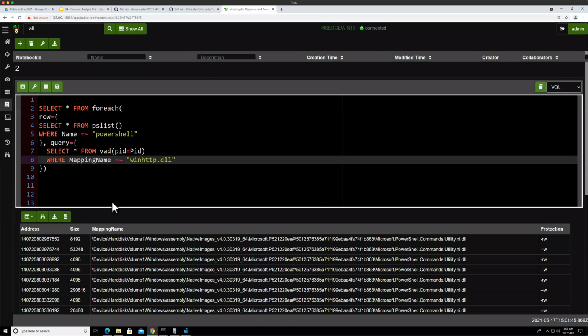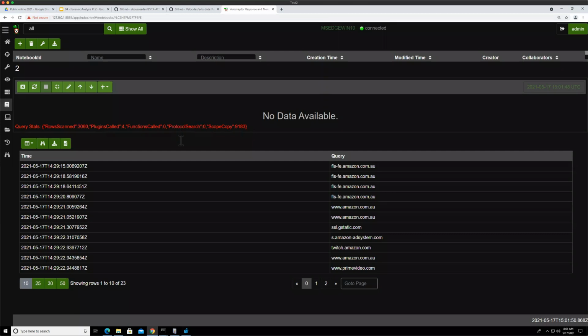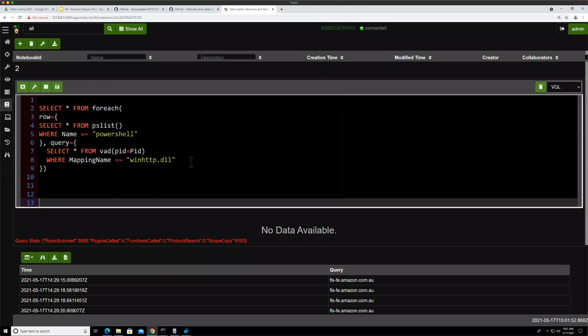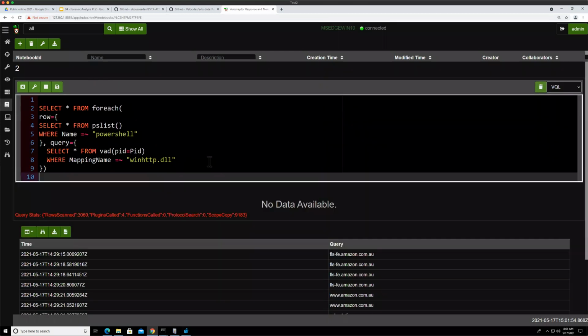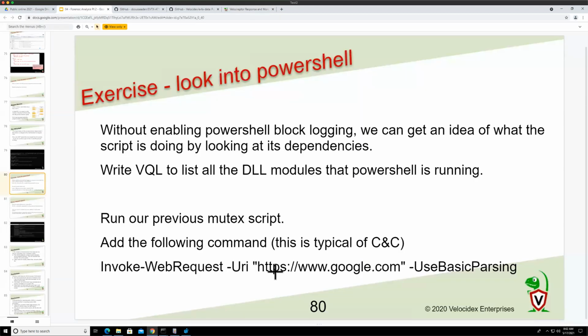So if I just run this like this, there's no data because none of the PowerShell programs that I'm using are doing any HTTP things. So they're not really linking that HTTP DLL in because they haven't done any HTTP things. But if I try and do some HTTP activity inside one of those PowerShells, so like this,